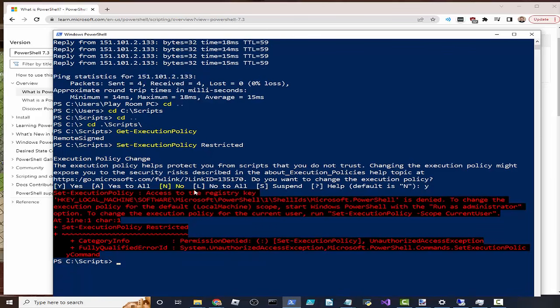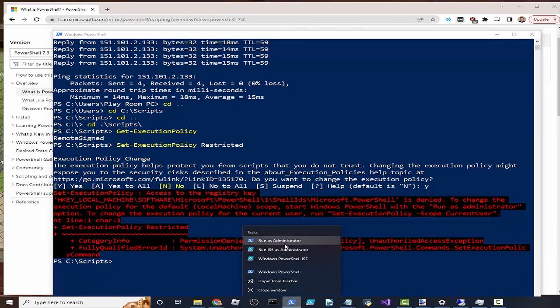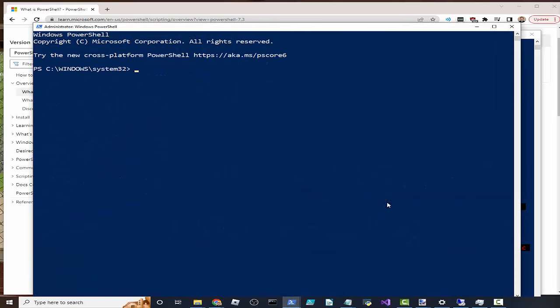Nope, don't have access to that registry key. So what we can do, you'll notice down here, I've got this PowerShell already running. I can right click that, do a run as administrator. See my kids there probably in the background. All right, set execution policy